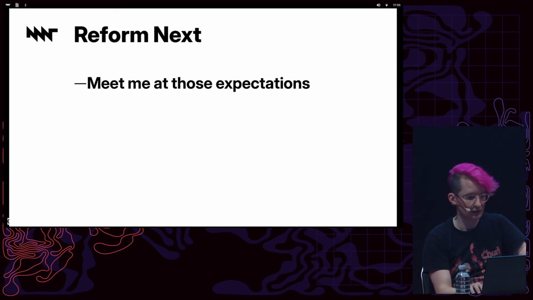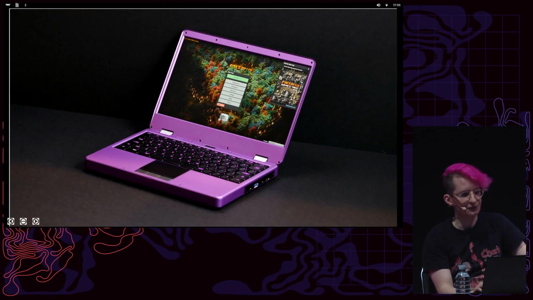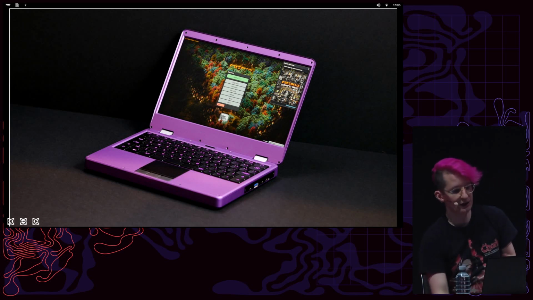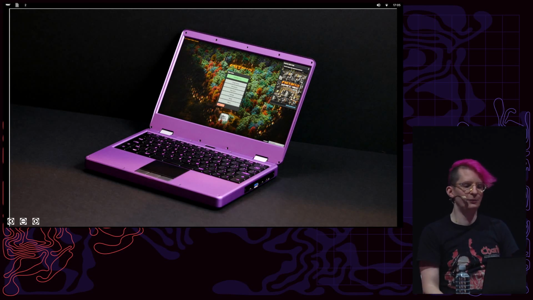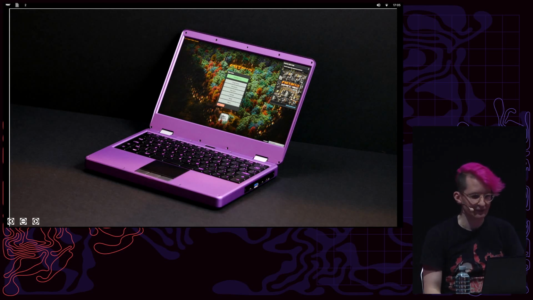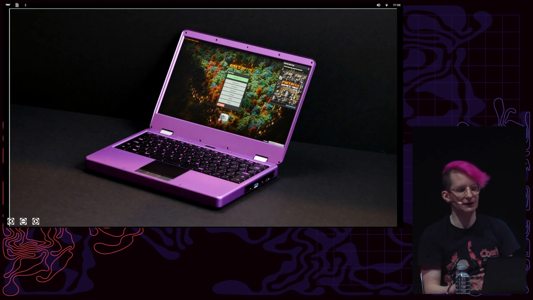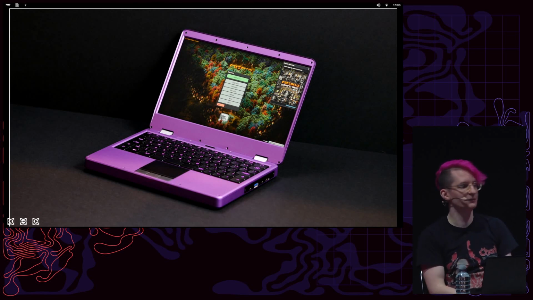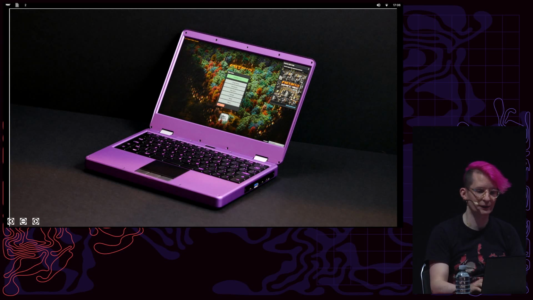Reform Next. This is the last one. In the beginning of 2023, I kicked off the Reform Next project with the goal of redesigning our 13-inch laptop, this one, to be more compatible with more people's expectations of a laptop. I also was a bit tired of reading the comments on tech websites about how thick and clunky some people found our laptop, and I wanted to stick it to them. The idea for the Next was to do something pretty impossible, to make it around 25 millimeter thick instead of 45 millimeter, while still keeping the 8 batteries and the mechanical keyboard, something that no other laptop would be able to pull off.